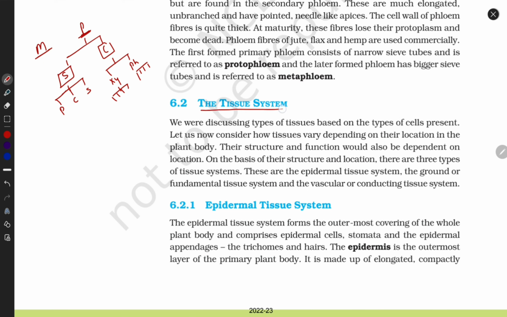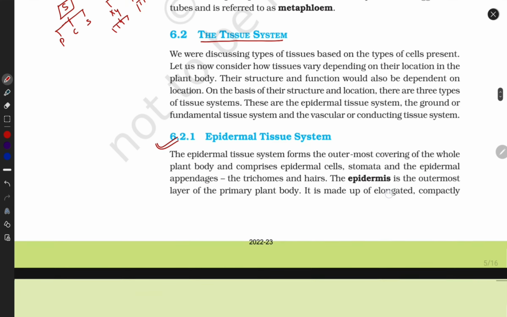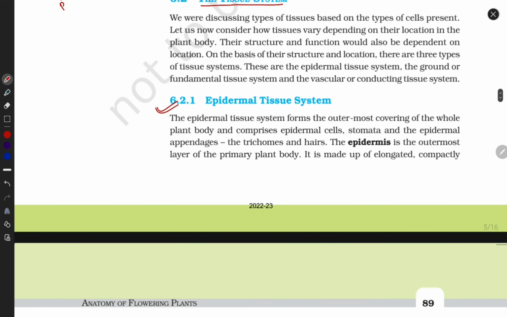Now let's move towards the tissue system. Firstly, let's start with the epidermal tissue system. What do they do? They make the outermost covering of the plant. Epidermal means outer layer. Clear or not? It may be the outer part of the stem, the outer part of the leaf, or the outer part of